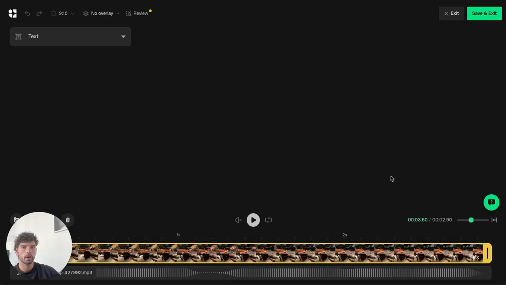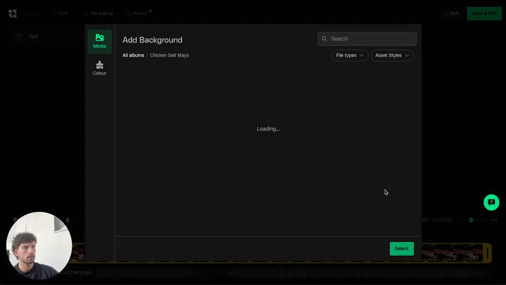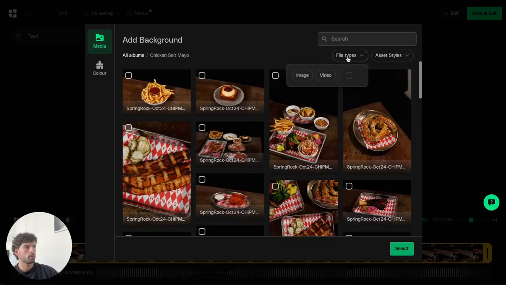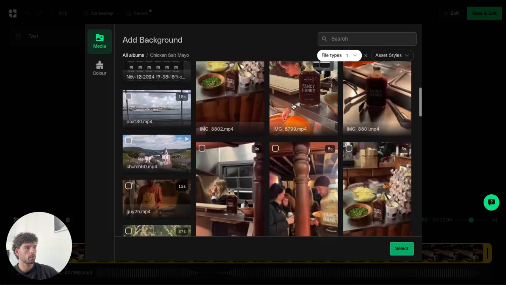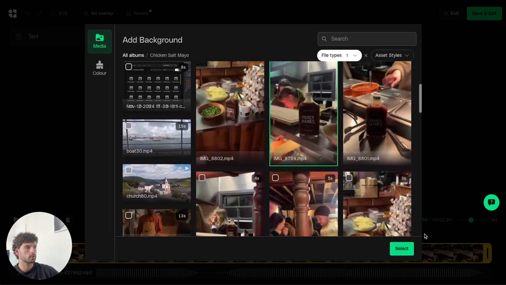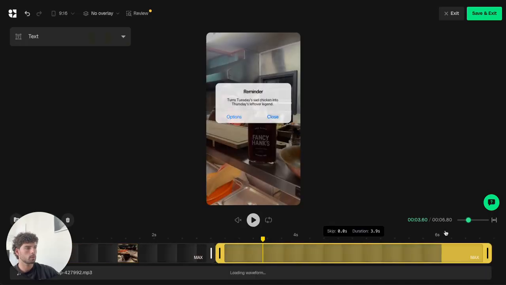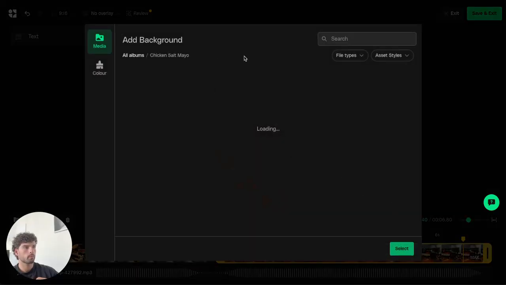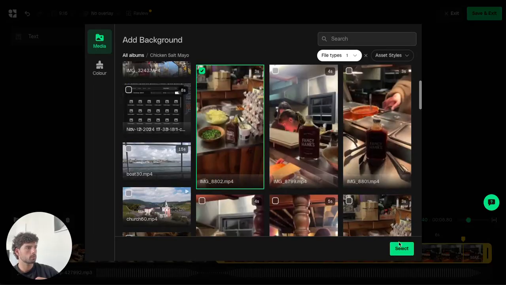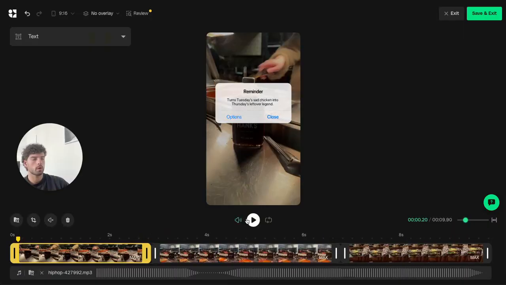I've got a few more videos that I want to add. This one's only 3 seconds. So I'm going to hover over the right side of this video bar and hit this add clip button. I'm going to do the same thing, select video. I'm going to choose this one. And then I'm going to add one more clip. And we'll go with this one. So now if we watch that,